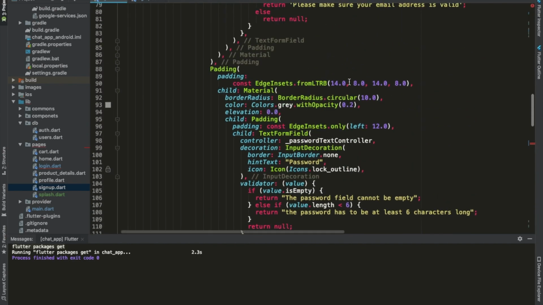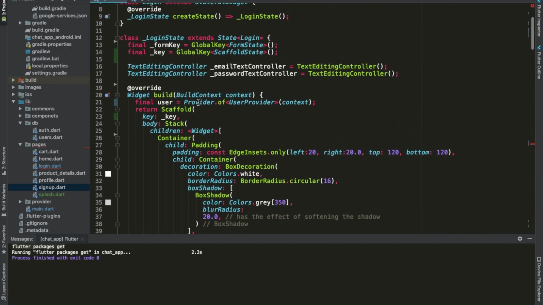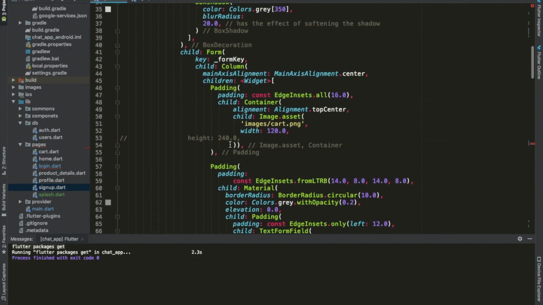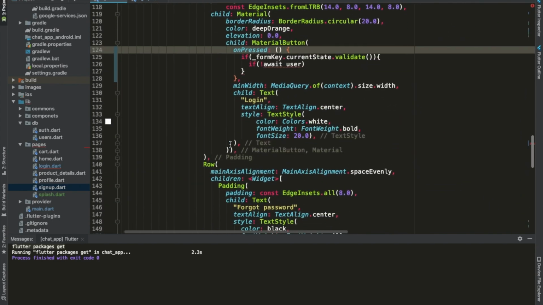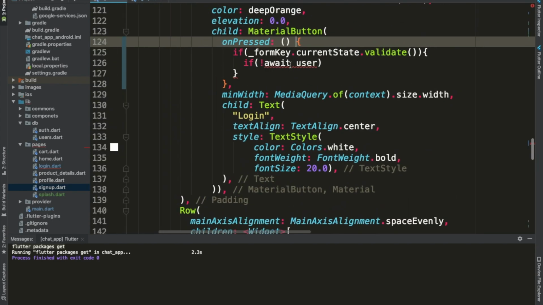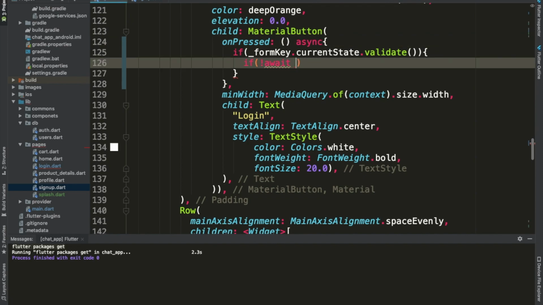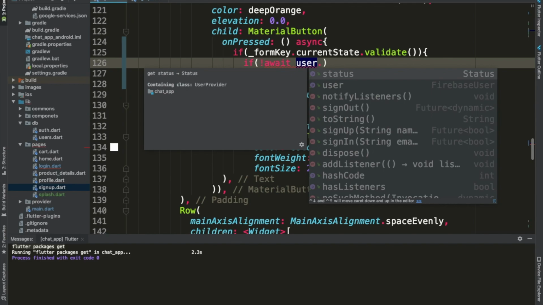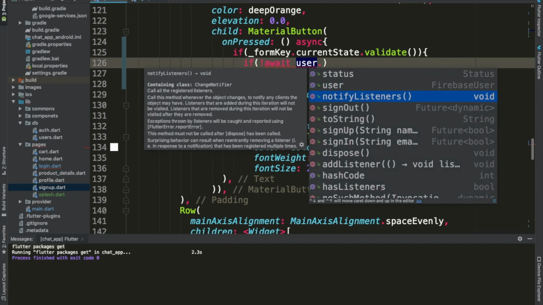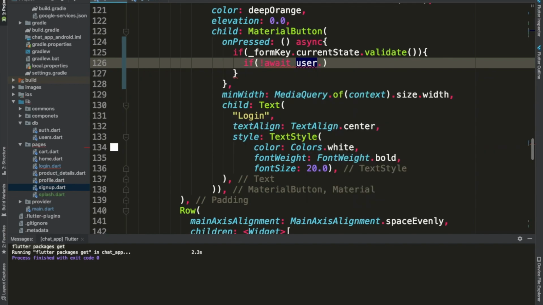Why did I change? Because I want to make use of this user here, but this is defined inside of the build, and outside of the build I cannot access that. Anyways, async method, and I'm going to call this user sign in,